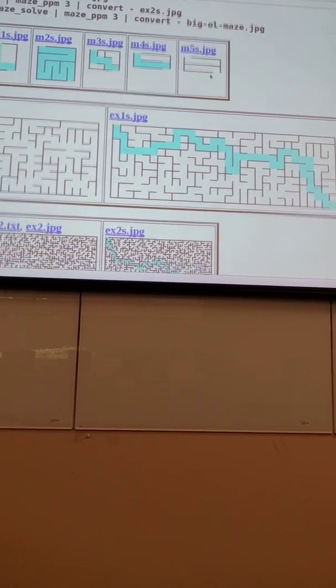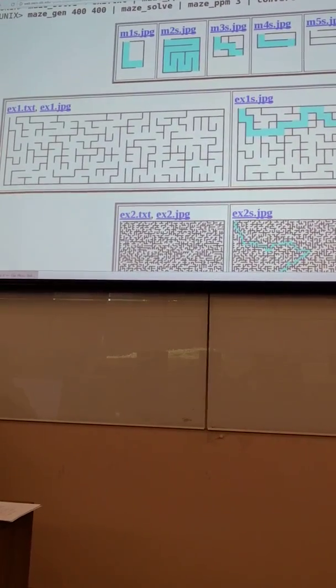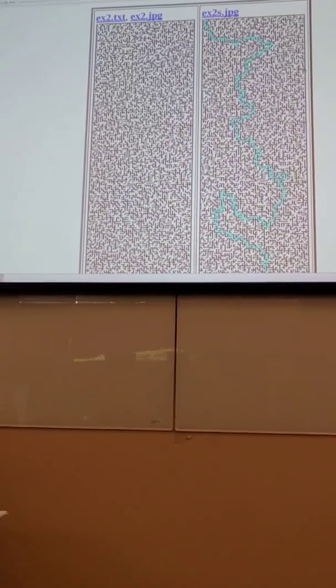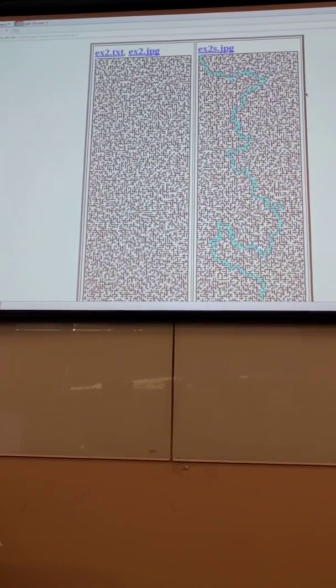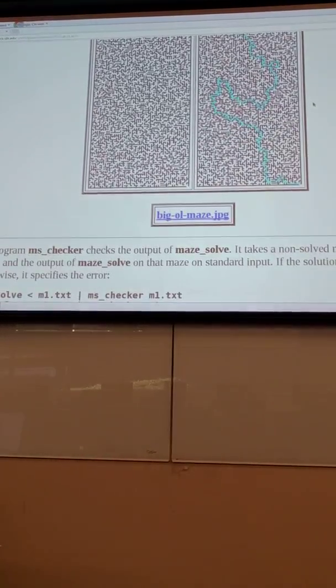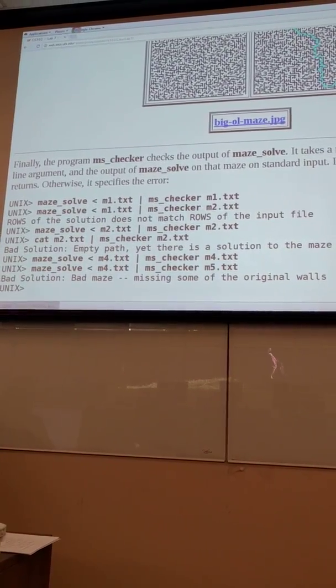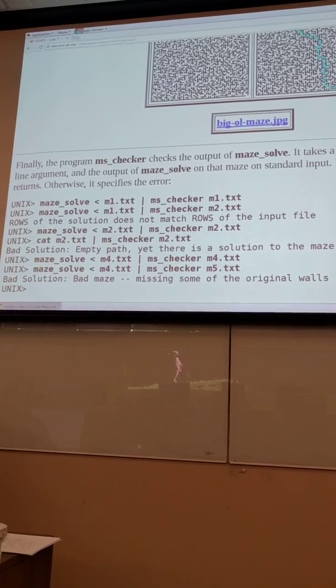there's no blue. And then the displaying of the mazes gets really cool when the mazes get large, because as you can see in this mess of a maze, you can see the blue path snake through from the start to the end. The last program is MS Checker, which is used to check the output of the maze solve